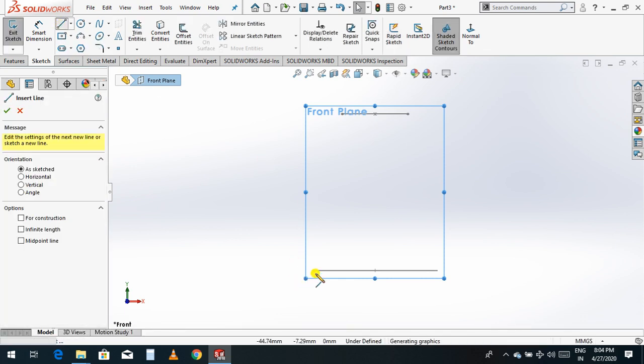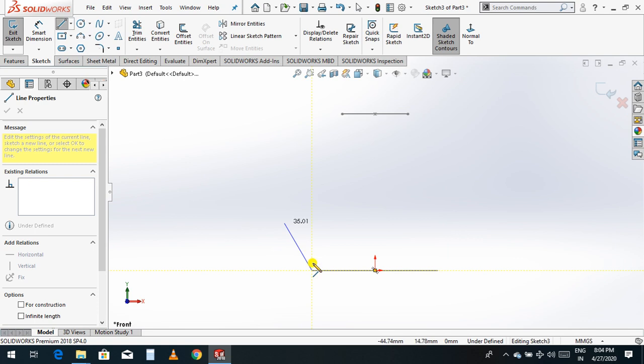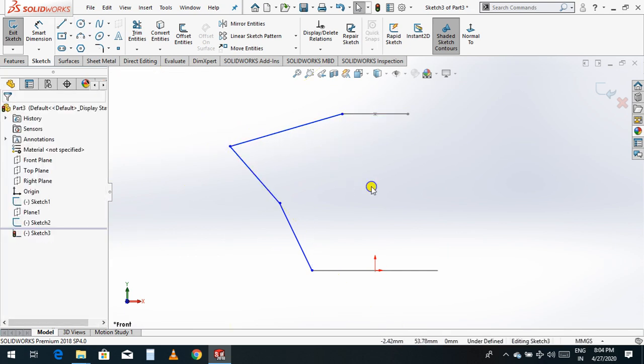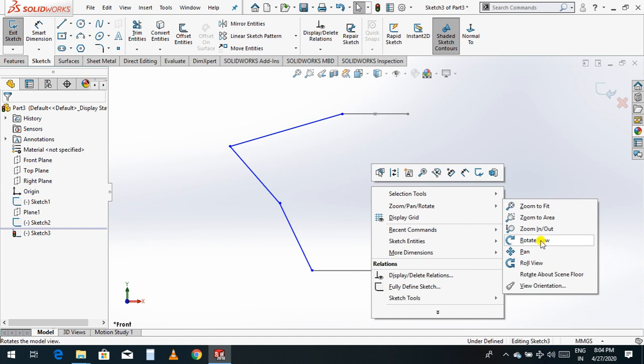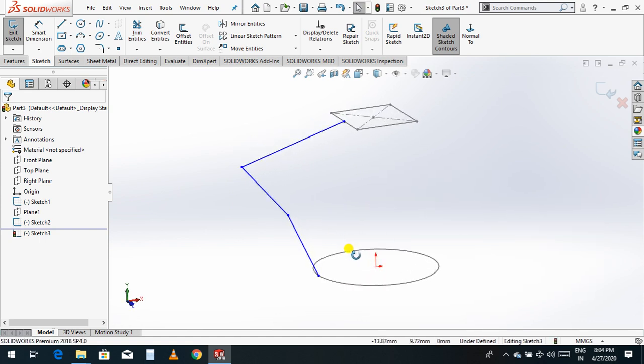I'll give a simple line. Now just rotate. See, this is our path.